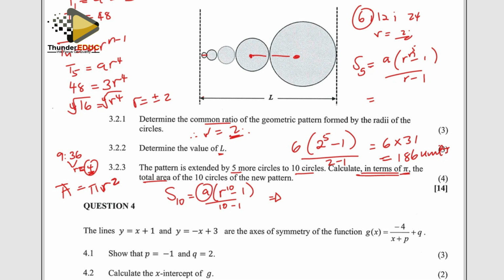So our first area is going to be pi with a 9, so it's going to be 9 pi, into the R we said is 4 to the 10 minus 1 over 9, because it's 10 minus 1 to 9. So this 9 cancels that. I have 4 to the 10. It's quite a big number. And then when I subtract 1, I'm getting